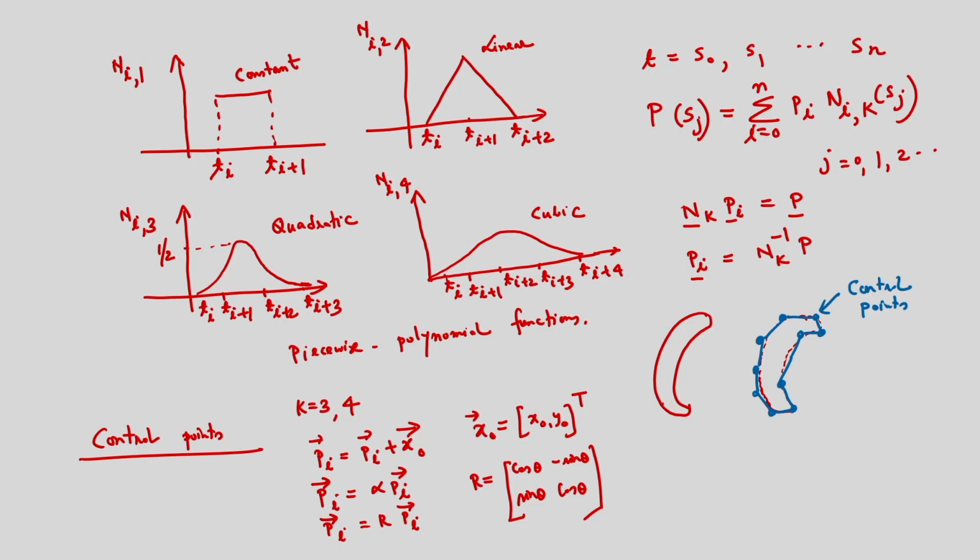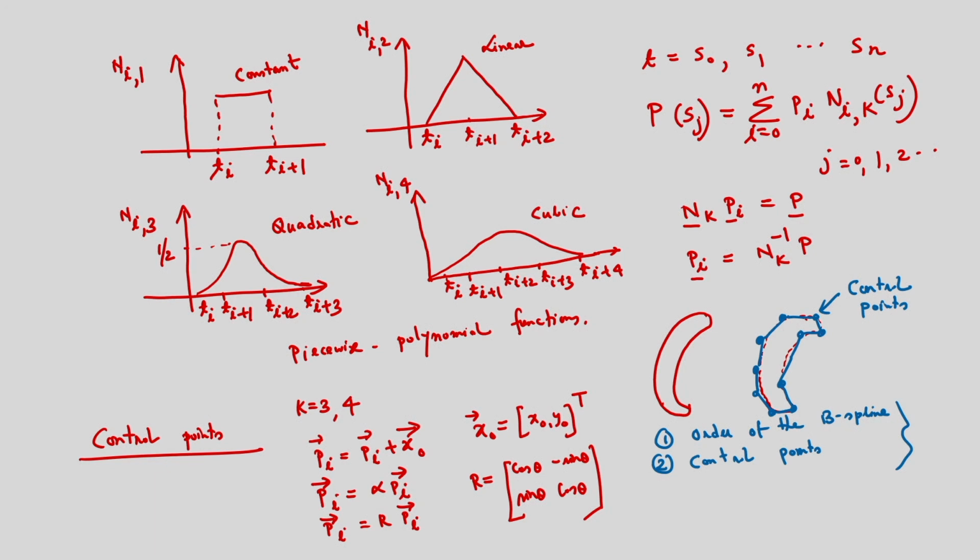So by using these two pieces of information, I can represent a particular boundary. One is the order of the B-spline, and the next one is the control points. That means by using these two, I can represent a particular boundary. And to change the shape of a B-spline curve, one can modify one or more of these control parameters.